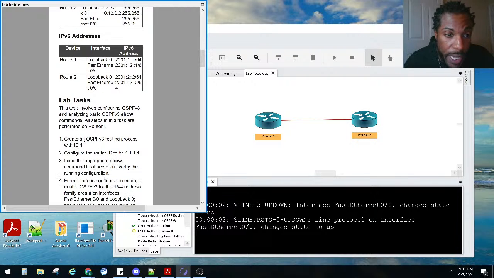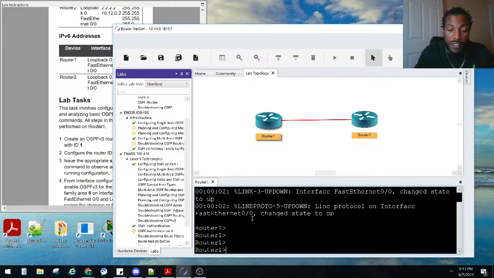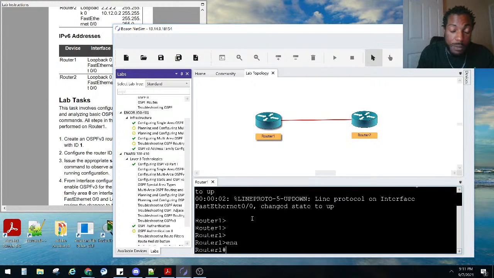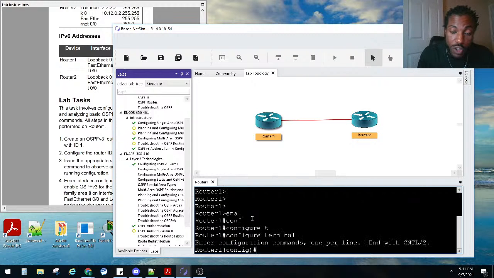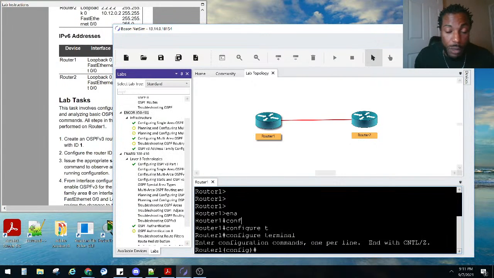Step 1, create an OSPFv3 routing process with ID of 1. So we'll go to router 1 and turn on OSPF. We go to user exec mode and then privilege exec mode. Well, we're in privilege exec mode. And then we go to global config mode, configure terminal. And then they said process ID of 1. So we just do like we said in the book,